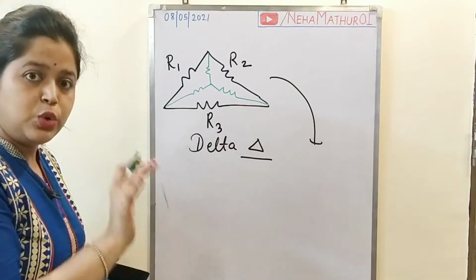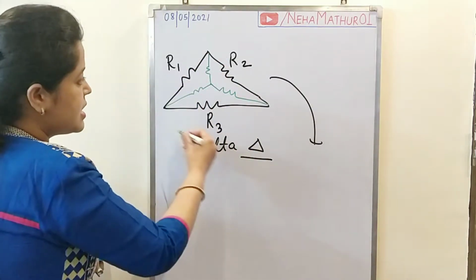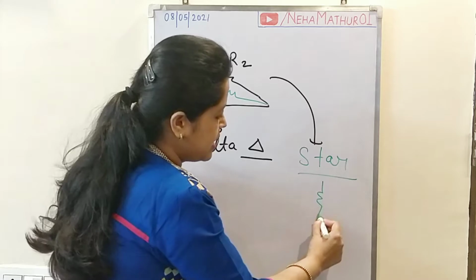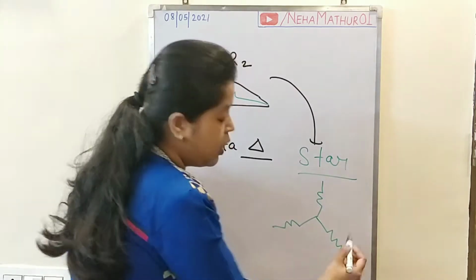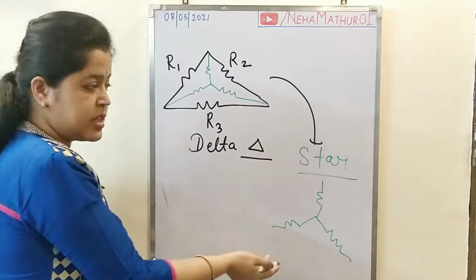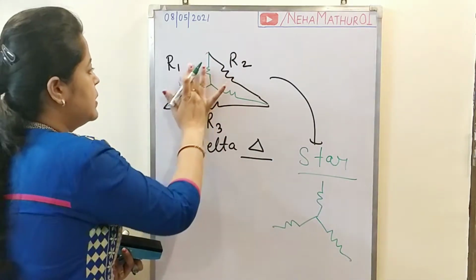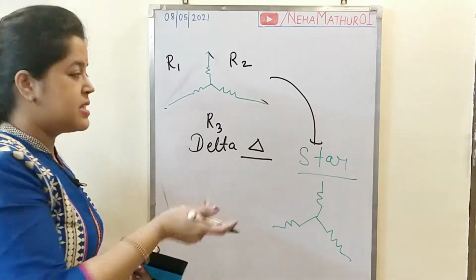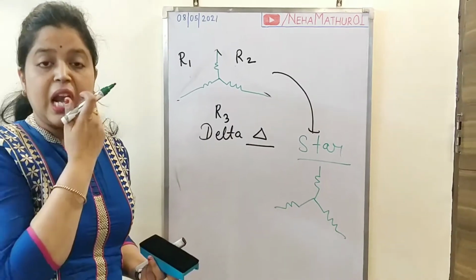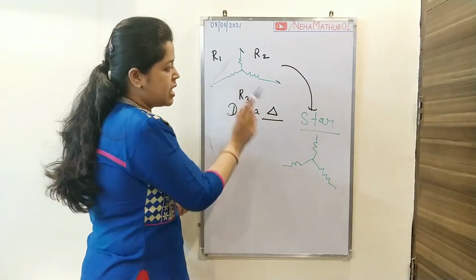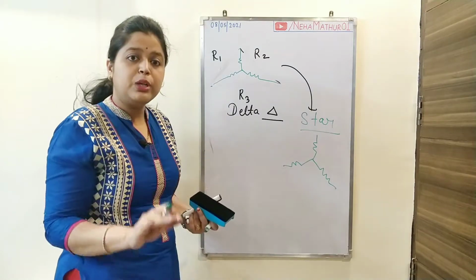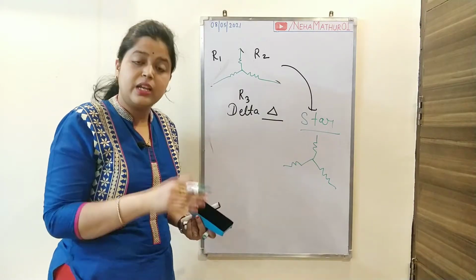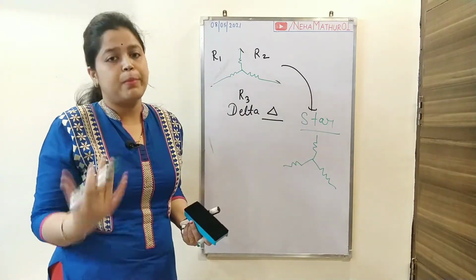So you just have to convert that delta form into a star, and the star looks like this. Now after the conversion of this delta into star form, there is no need to draw the delta form. You can replace that delta with this star, and after the conversion from delta to star, you will be able to identify the relevant relation between resistors. You will be able to understand the connection present in the form of series or parallel.